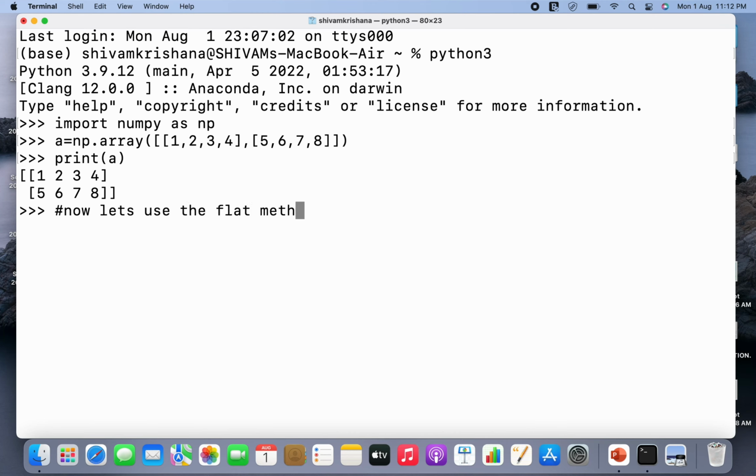So now let's use the flat method. So print after using the flat method or the flat function,